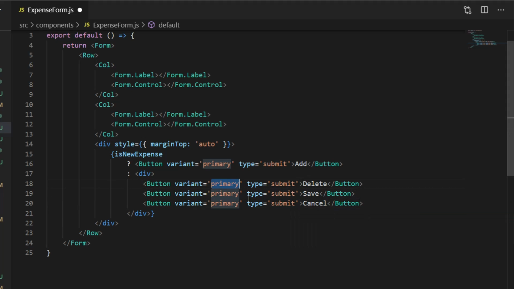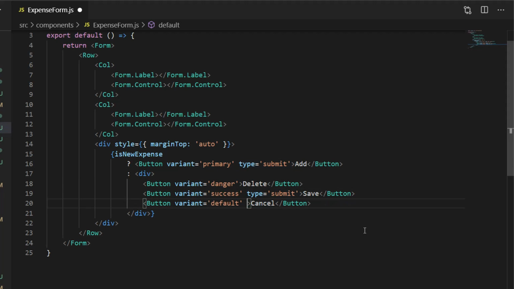Let's do different colors for these. So for this one, let's do danger, make it red. This one will have success to make it green, and this one will be default. All right, and then the only one that needs to be an actual submit would be the save. The rest